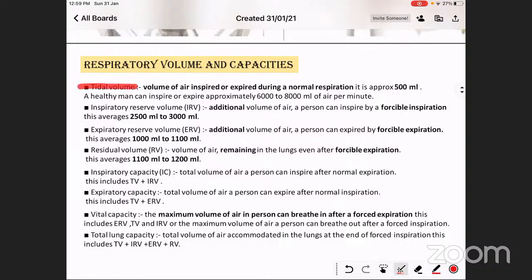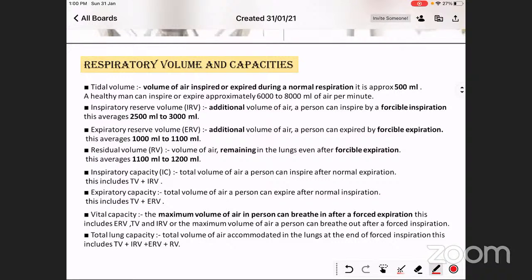First we are talking about the tidal volume. Okay, so what is the tidal volume? We have to be very clear about it. So tidal volume, in simple language, is the volume which we are inspiring or expiring. You have to be very clear with the words. The volume which we inspire or expire during normal respiration, means we are sitting,